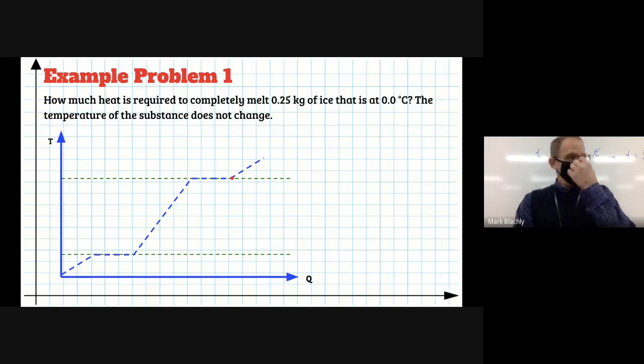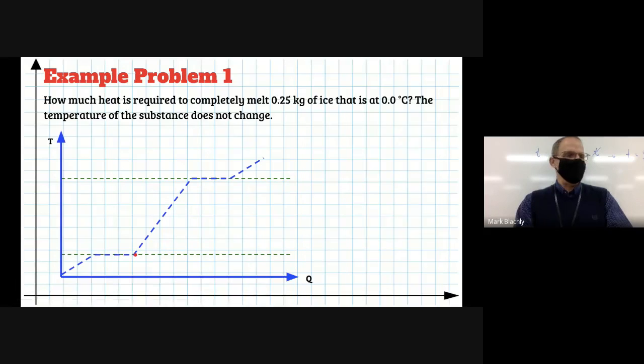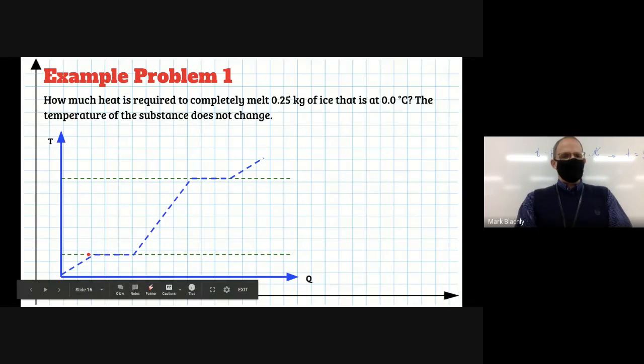Okay? If I were to just melt something, I would be going from here. So this is solid at its melting temperature. If I add heat, it will turn into a liquid at its melting temperature. I go from there to there. Okay? And if I were to melt something and then warm it up, going from here to here is melting it, and then I might go up to there. That's warming it up. Okay? So,